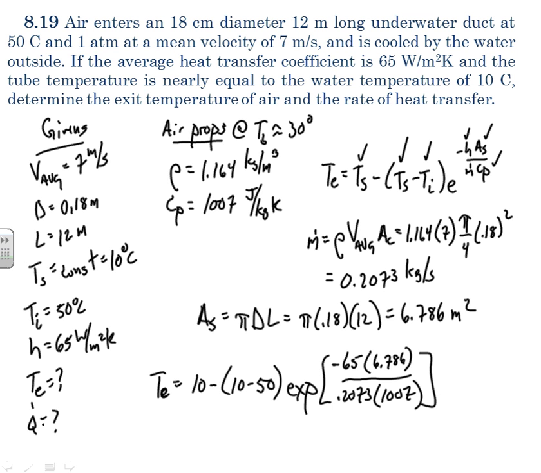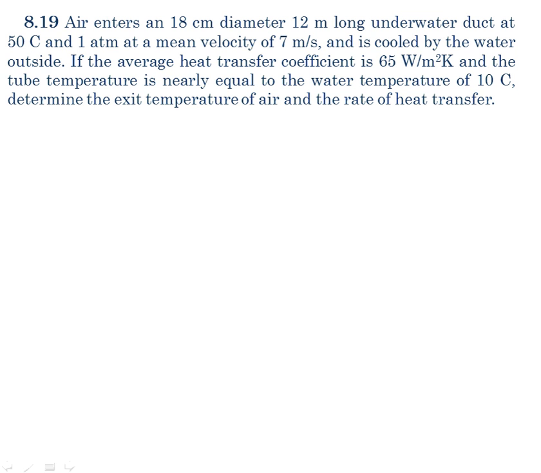Now I have everything, punch that through, and I get an exit temperature of 14.84 degrees C. All right, so that's part A. Part B is just going to be